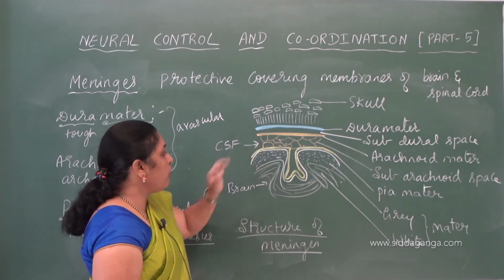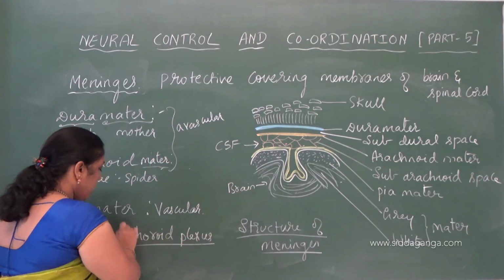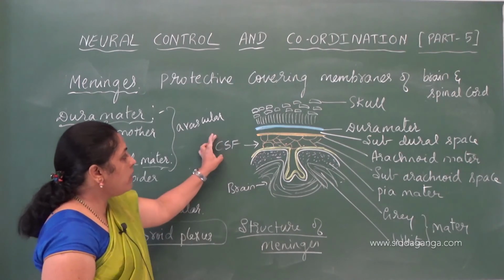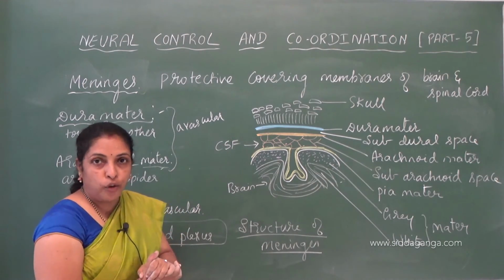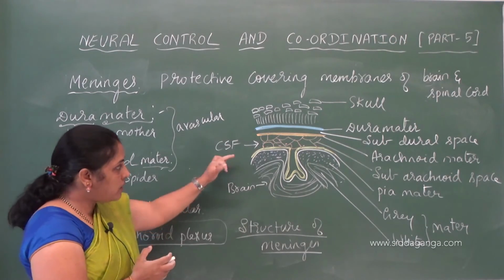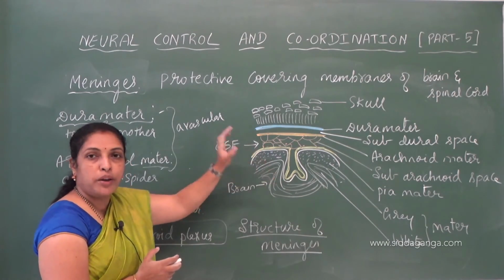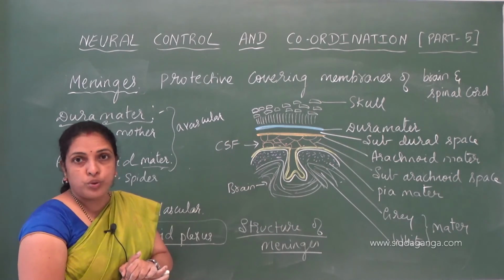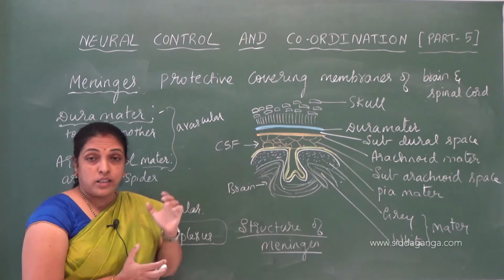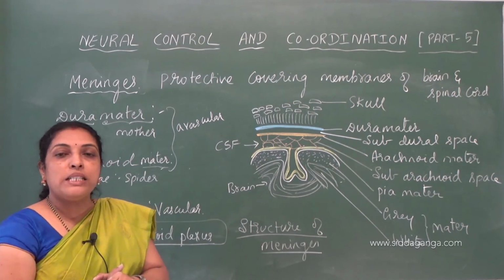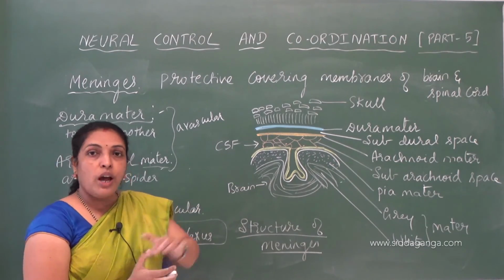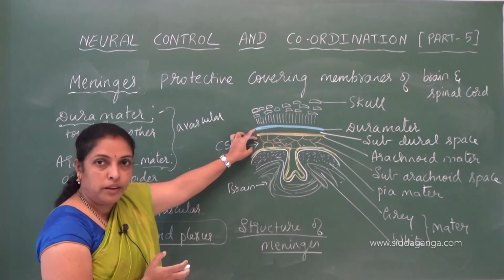So what is the function of cerebrospinal fluid? It acts as a shock absorber. It prevents the friction of brain and spinal cord against the bones, and also it provides a medium for the